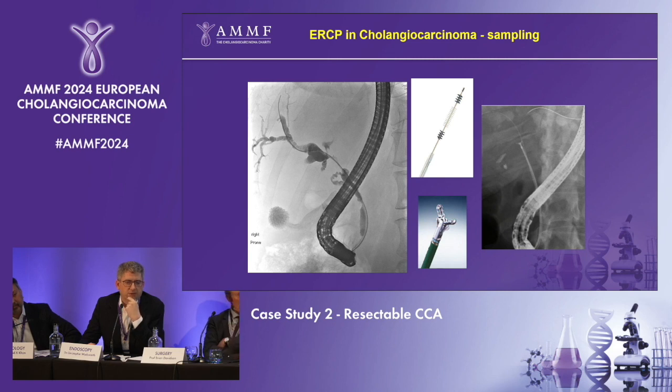And what we can then do, and you can see on the right-hand picture, biopsy forceps going up, which allows us to get really good volumes of tissue. And from a hilar cholangiocarcinoma with 4 to 8 biopsies, you can generally achieve